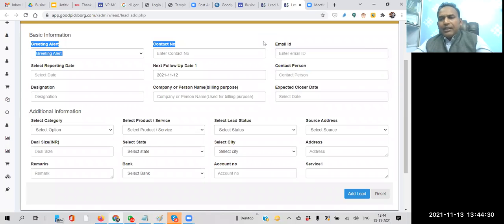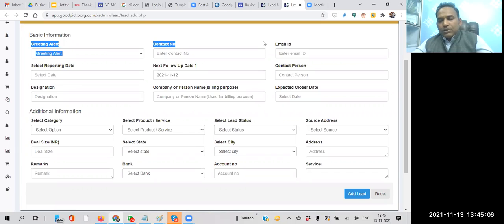First, let me clarify. Most of you might be aware that there is some difference between prospect and lead. Prospect means all your targeted customers, correct? All having the same profile which you are targeting, those are your prospects. But once they have a requirement for your product and service, that particular contact, or any of your contacts, can become your lead. Once a lead is there, it must be entered in the system. This is our standard in this BoxSuite.